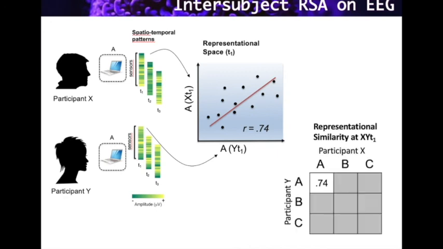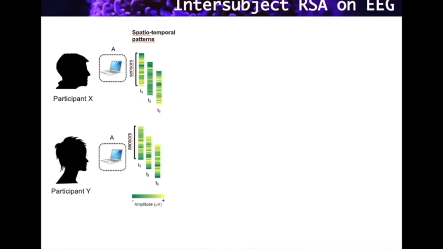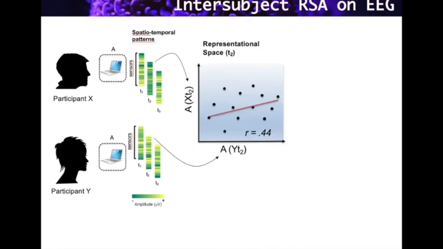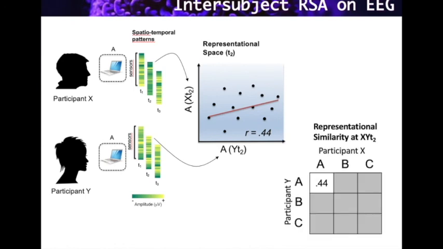Now, in that case, as opposed to the previous cases, our interest would fit to the diagonal, as what we are trying to assess here is how the same element or the same input of the same class is represented between two participants. That's the case between A and A. Now we would do exactly the same for another time point and another time point, right? So that at the end we would have a diagonal with all the relations between two participants for a given time point, for a given element.